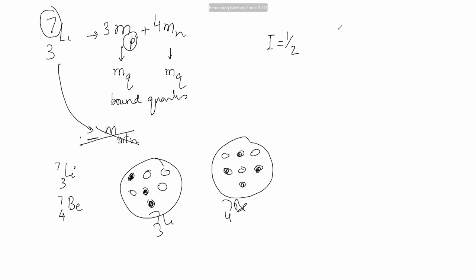I equal to half, and assign the maximum projection plus half to the particle which has the maximum charge. Now again, since this is a hypothetical quantum number, I3 equal to plus half is assigned to the proton. The question arises, who instructed us to assign I3 equal to plus half to the protons? The answer is nobody instructed us, we just followed a convention that the highest charge will be given the maximum projection.